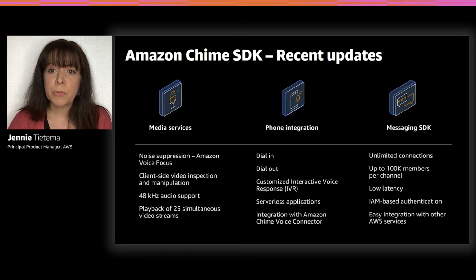With PSTN support, the Amazon Chime SDK now connects to the global phone network so that attendees can dial into an Amazon Chime SDK meeting using a telephone. This feature also lets you programmatically place an outbound call to a phone number and connect the call to a meeting session. The last recent update that I want to spend the remainder of our time together talking about today